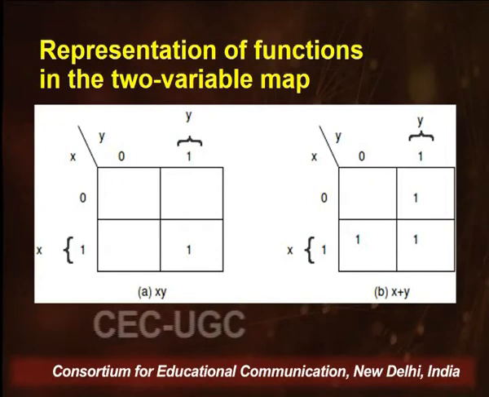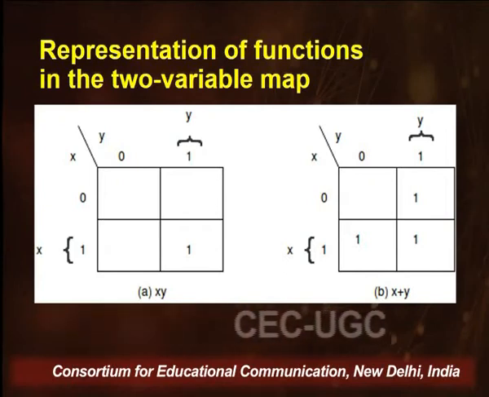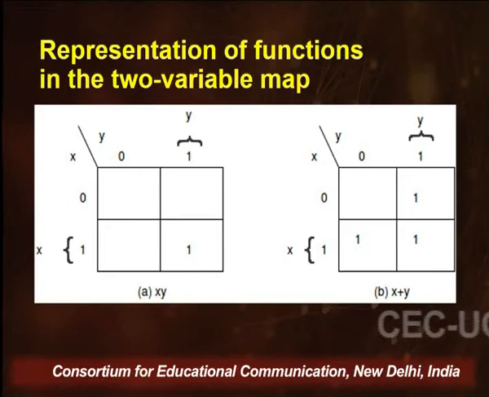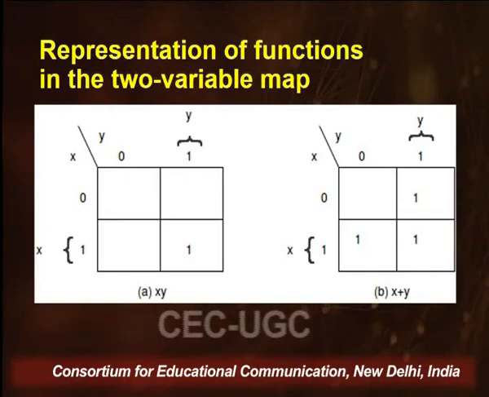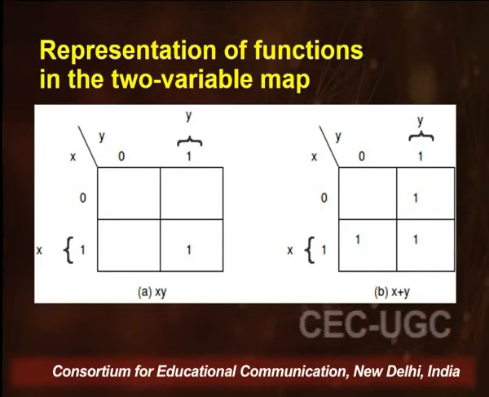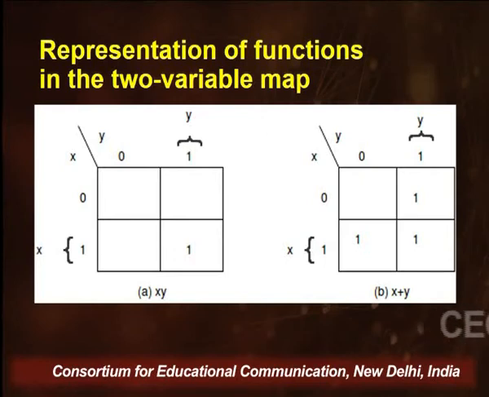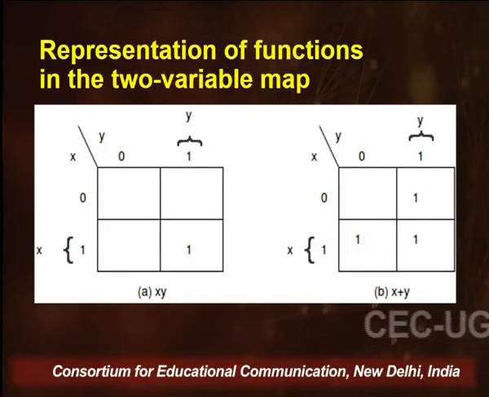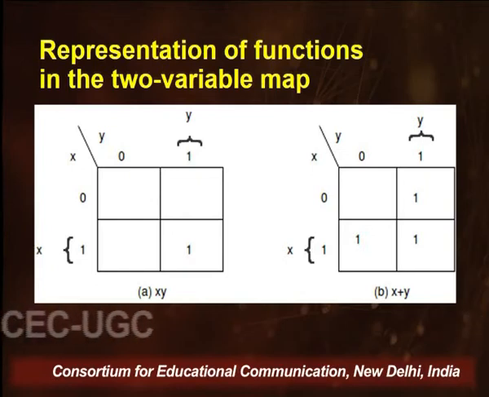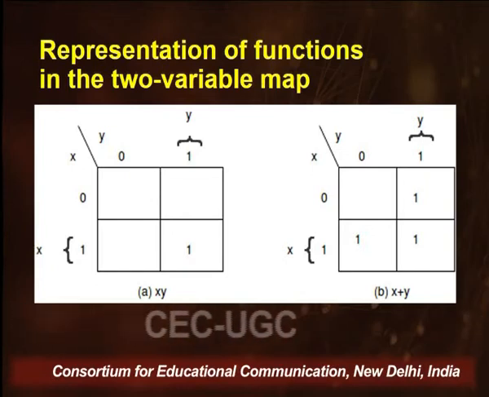Keeping in mind the expression that has been given to us, if it is an SOP form, we will put the value 1 in each cell that is represented by the terms given in that expression. We have already marked, just as an example, the first one, which is talking about XY. So look where we have the value XY. That is the last cell. X has a value 1, Y has a value 1. Look at the next example. It represents X plus Y. So we have the markings made accordingly.